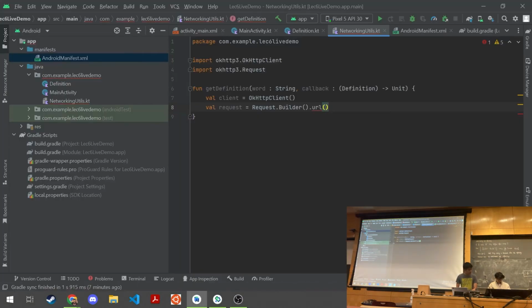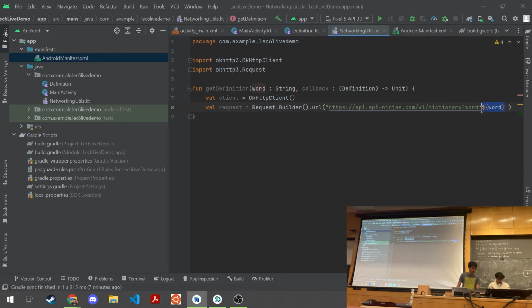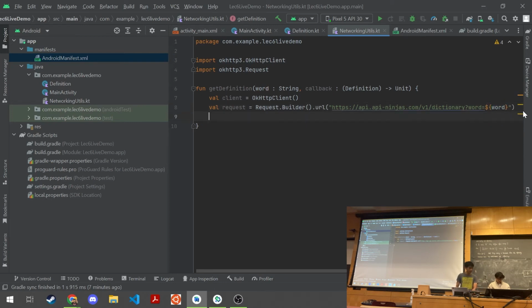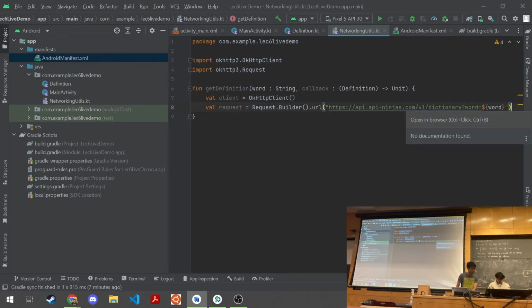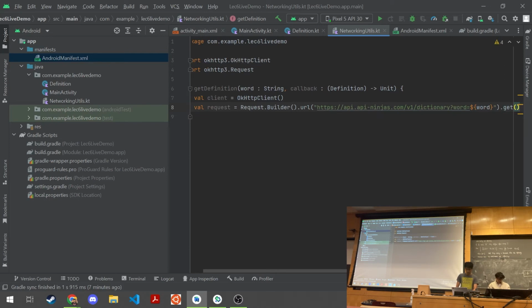So I will do that. This, I'll want to put on the word. This is some little fancy syntax that I kind of just learned, where you can specify a line of code that will return a string, and so I don't have to write a concatenation with word. I can just write this function here, and it'll return whatever this is, which is just a word. So kind of nice. Might want to use that because it makes string concatenations way more clear, or way more concise. So next, I want to put in get, since this is a get request.